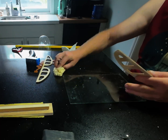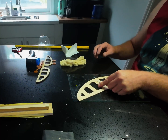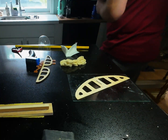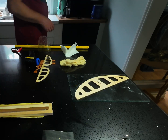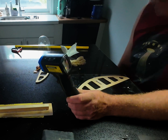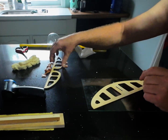And next up I'll start heating up the iron. And Dancing Wings recommends a temperature of 105 to 135 for gluing. So that's where we'll aim. Iron is in. I do have one of these digital temperature gauges. So we'll see how that goes. So while we're waiting for it to heat up,